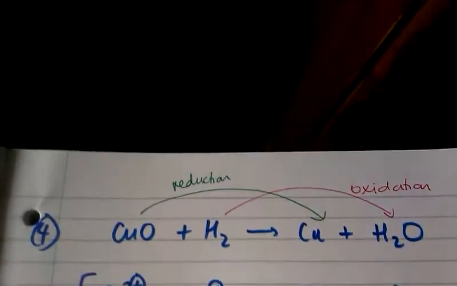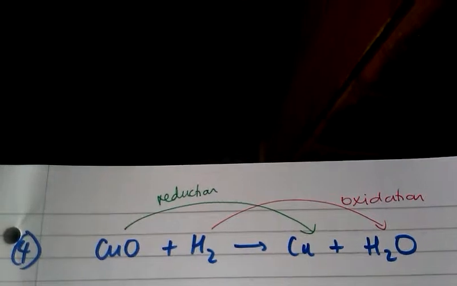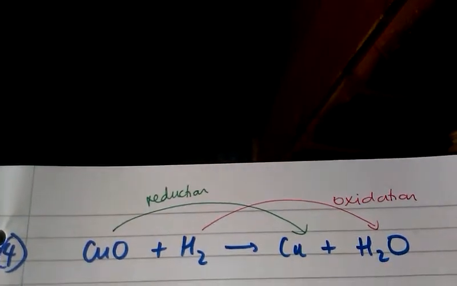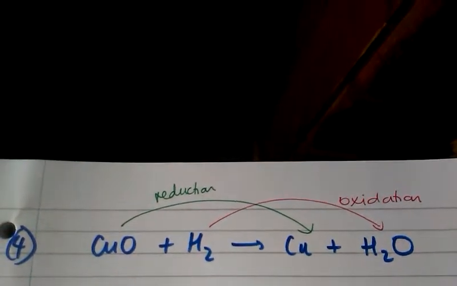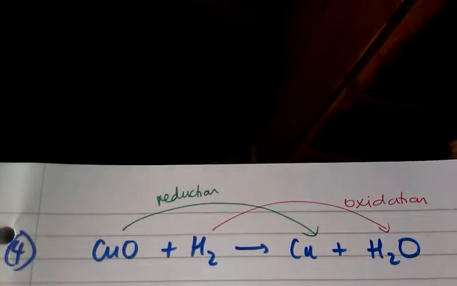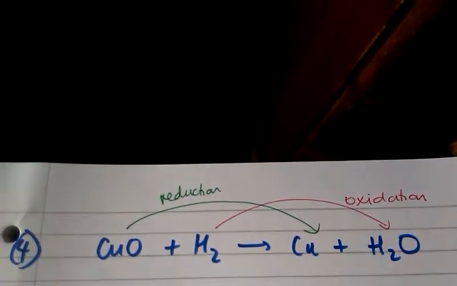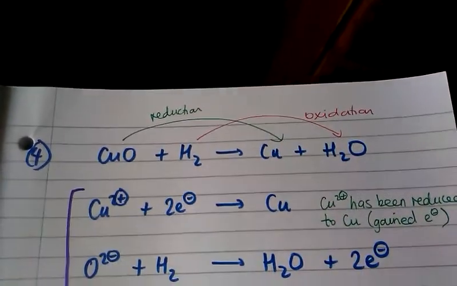So if we go back to the first example I went through, we said that the copper oxide going to copper was reduction and then hydrogen going to water was oxidation. So this reaction can actually be written as two half reaction equations which show you what's happening to the electrons in the reaction. So